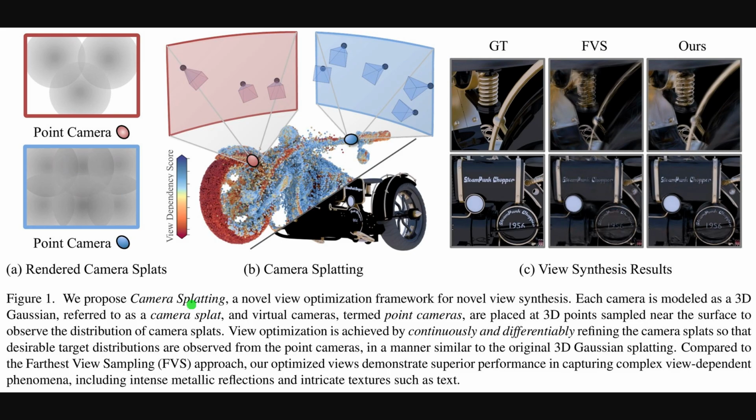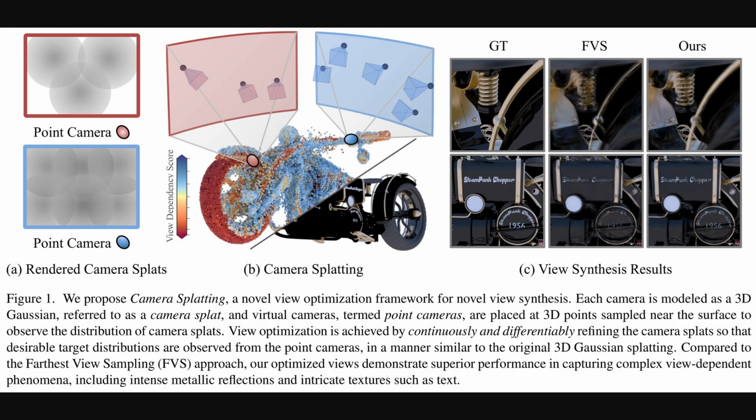Alright, the previous segment set up the continuous optimization idea. Figure 1 illustrates how it works in practice. The left panels show point cameras observing overlapping camera splats, which are three-dimensional Gaussians that encode view direction and coverage. The central panel depicts camera splats arranged around a motorcycle, colored by a view dependency score, so denser sampling targets reflective areas. The right comparisons show sharper reflections and clearer text than F versus S, indicating better directional coverage where